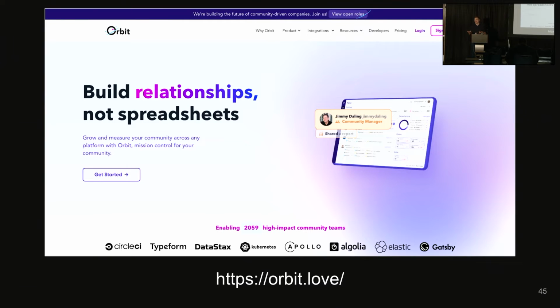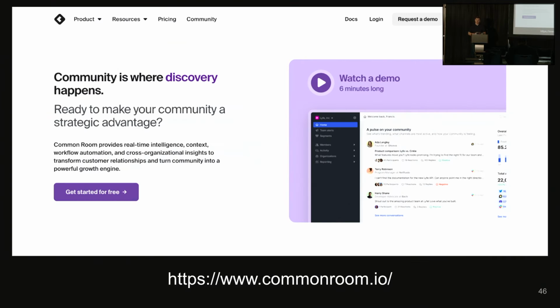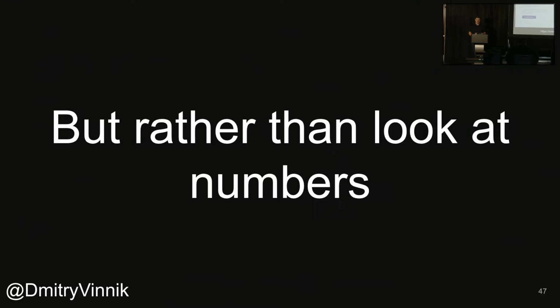The ones I've seen myself is the Orbit. They also have some open source stuff. The Orbit model explains how they measure open source health. And there's also kind of a newer project I've been looking at, the Common Room. Very exciting as well. I'm just glad to see more and more third-party tools focusing on attempting this extremely difficult thing with measuring success of a project.